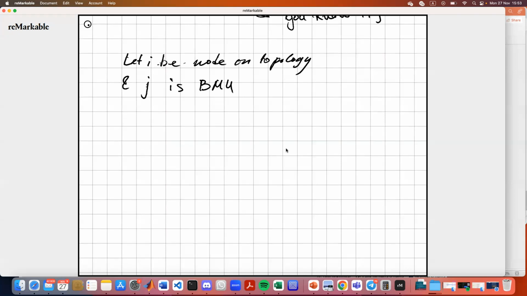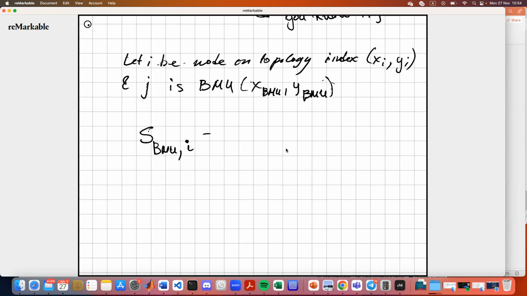So they have coordinates x_u, y_u, and here we have the index x_I, y_I. So S, the distance between the BMU and node I, is the square root